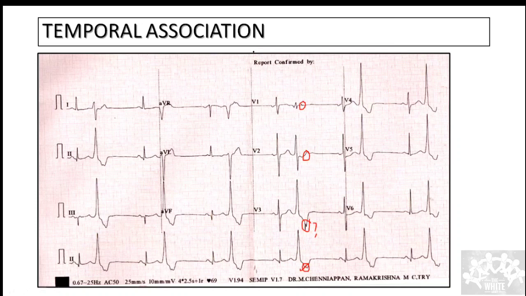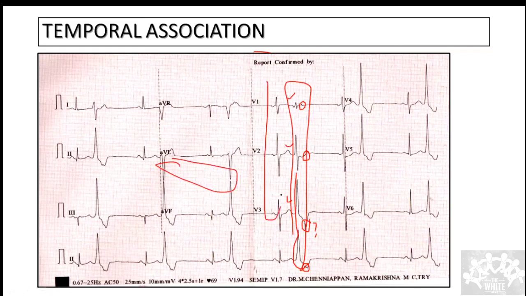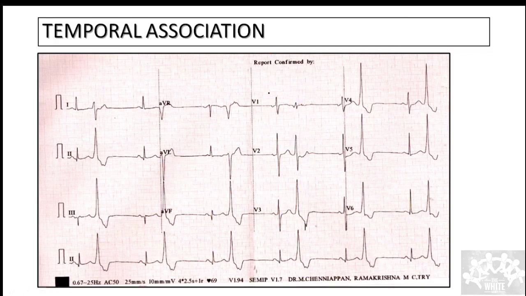This concept is called temporal association. That means there is temporality. During that activity, similar activities are happening across these leads, not in the horizontal direction, but in the vertical direction. Is this concept clear, this temporal association? Or do you want me to repeat this? You understood this, no? So when I have a doubt like this, I compare with the corresponding regions in the same vertical line. That's all. This is called temporal association.